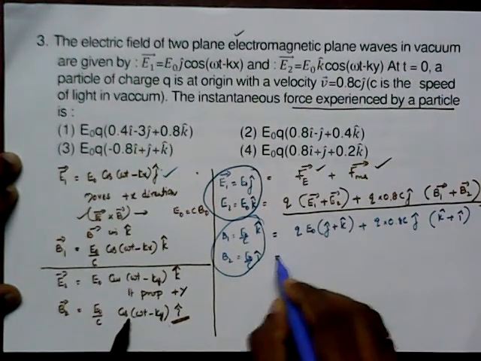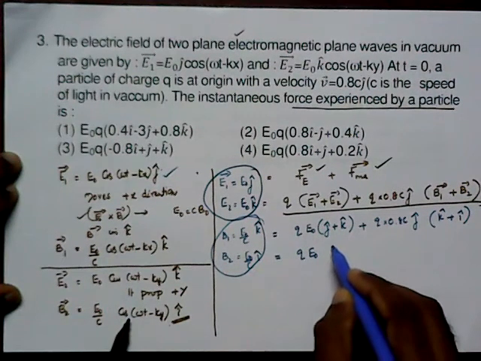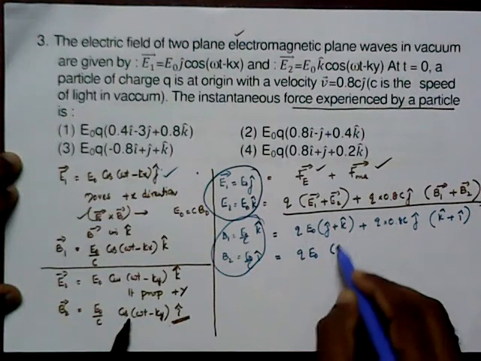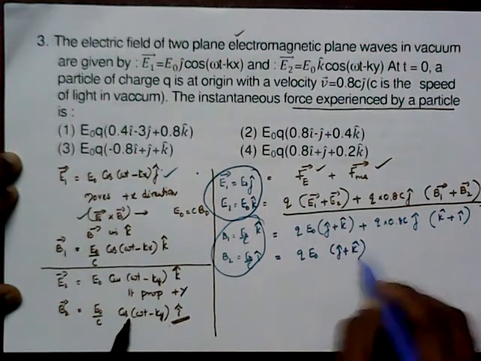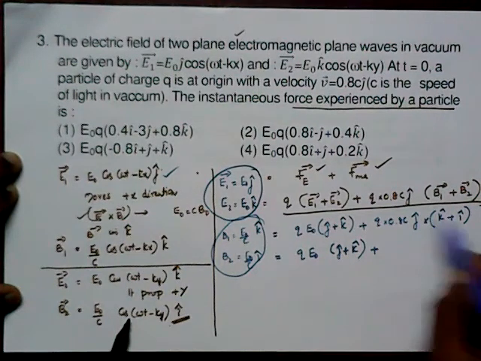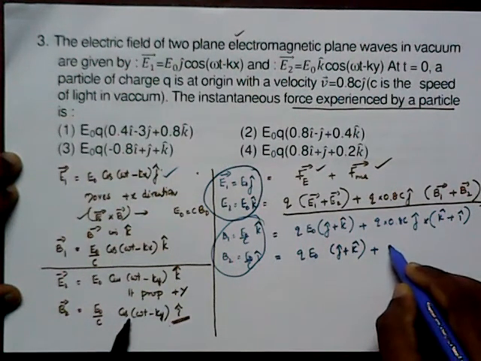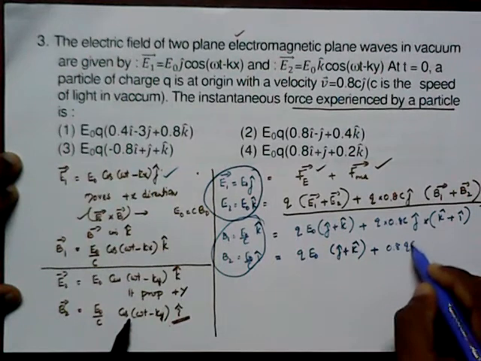So that is equal to Q E0 into j plus k, plus this is j cross k plus i. So just crossing that one, so 0.8 Q c into,